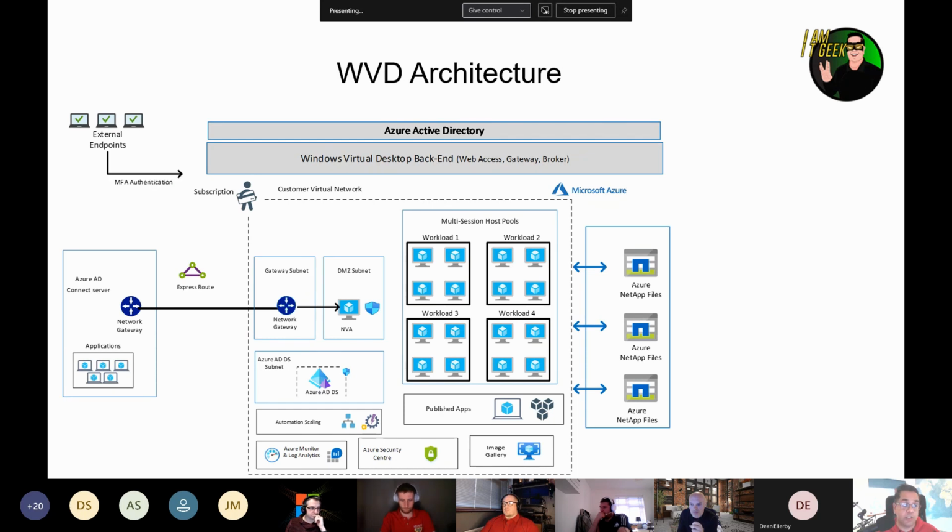We have an external endpoint, so our users dialing in or connecting into WVD, and it supports multi-factor authentication and conditional access as well. If you have a use case, and I'll get into some use cases shortly, where you've got a user at home, obviously at the moment with the pandemic, using their own machine, you can control it so they have to multi-factor authenticate before they can access WVD. And again, you can lock it even further down with conditional access so they can't download any data or anything to their local machine.